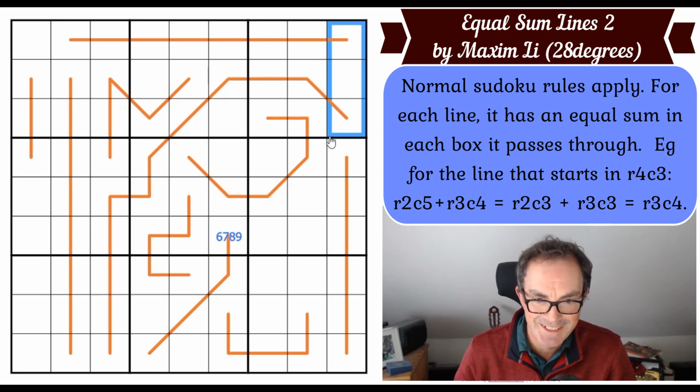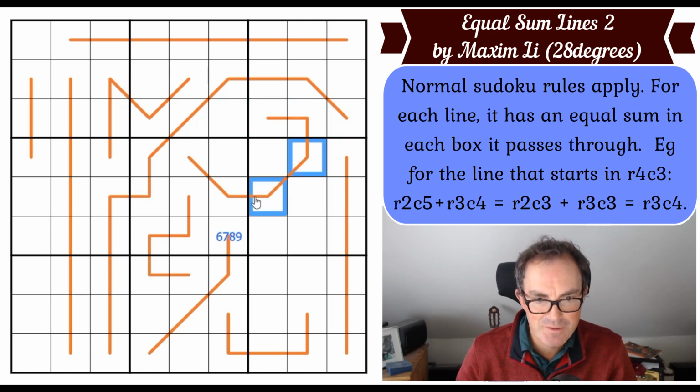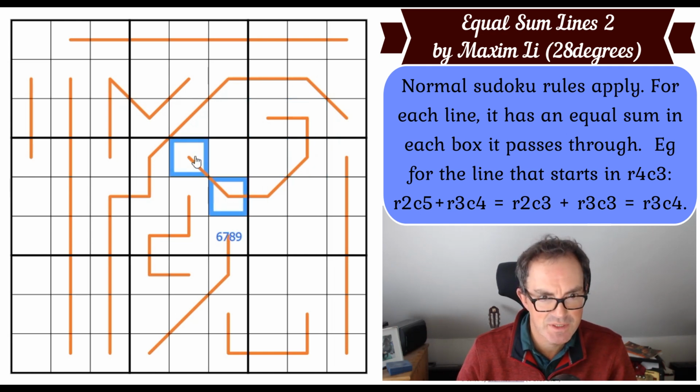No, still don't think that's useful. This line is giving me those 2 add up to those 2 add up to these 2. That's useless. The top line,